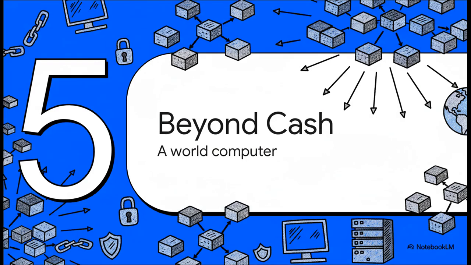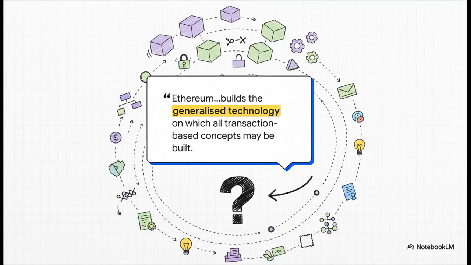So, we've built these incredibly powerful tools for a decentralized ledger. But pretty quickly, people realized these same building blocks could be used for so much more than just digital cash. This is where the vision expands from just a payment system to a kind of global, decentralized world computer. And this quote from the original Ethereum white paper captures this leap perfectly. The creators of Ethereum looked at Bitcoin's design and basically asked, what if we generalize this? Instead of a blockchain built just to track transactions of a currency, what if we built a blockchain that could run, well, any program? A platform for any kind of programmable agreement you could think of.